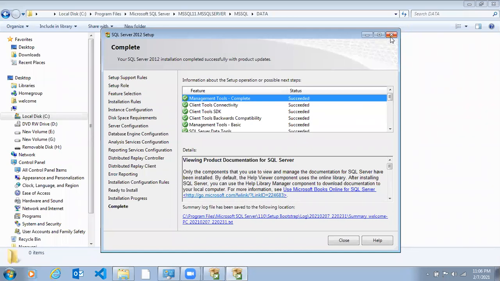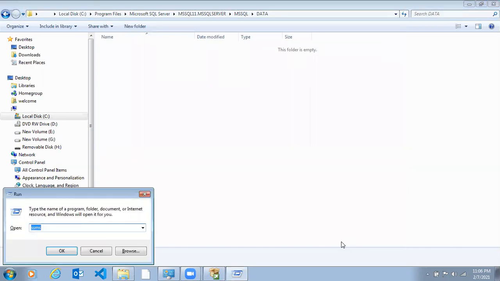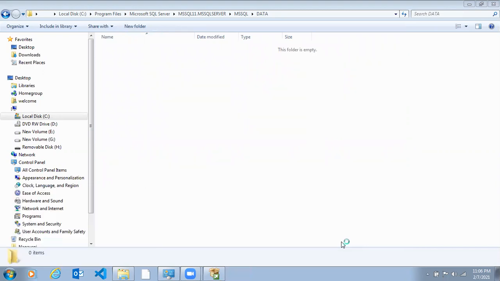Now you are able to see, right, the installation process is completed. Now we will check whether the installation is done or not by opening SSMS, which is SQL Server Management Studio. You can open it from the run command.